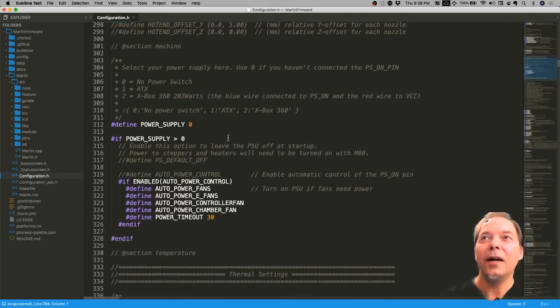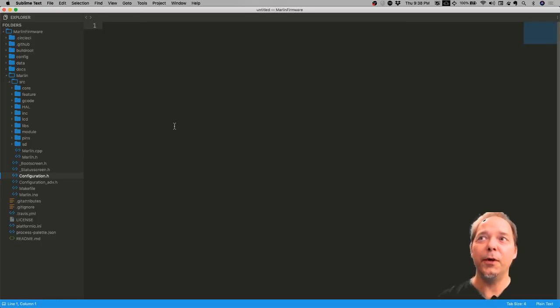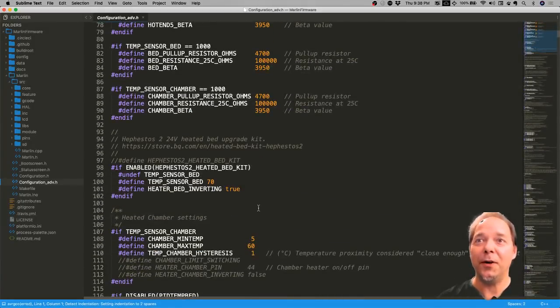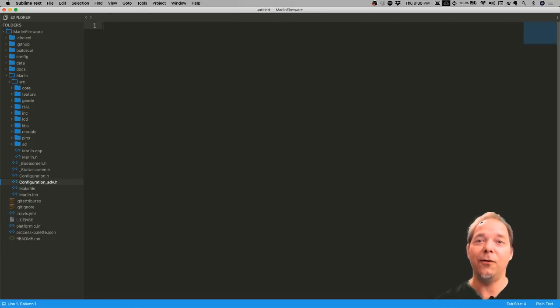But here and there, we've switched off to things like templates, which are another feature of C++ that let you be more generalized, and so on. So yeah, if you're familiar with the configuration, you've done it before, you know all about this kind of stuff. But under the hood, that's pretty much what's going on. It's being checked and it's changing what's getting compiled, morphing it, as it were, into the Marlin that you want,